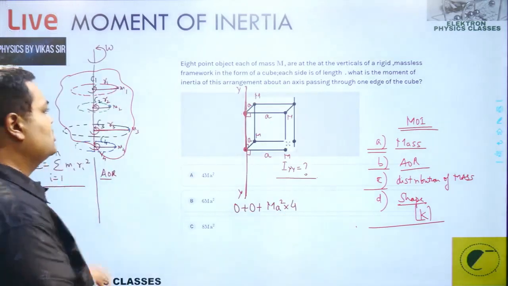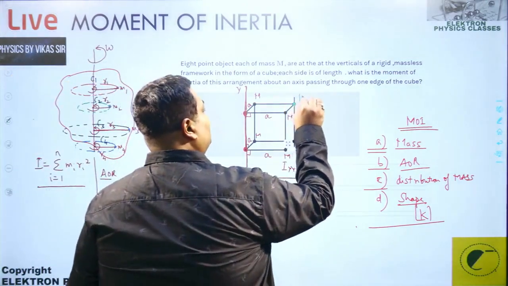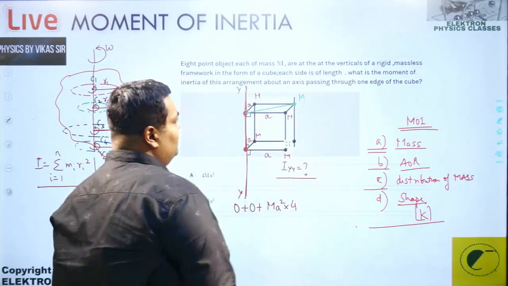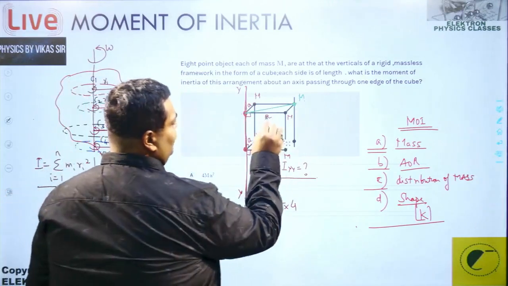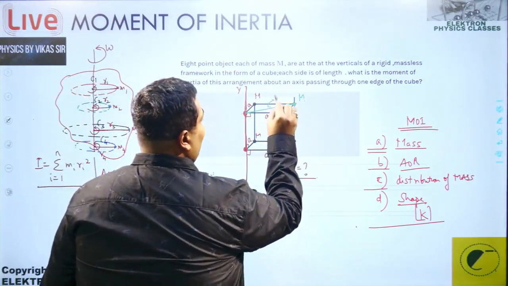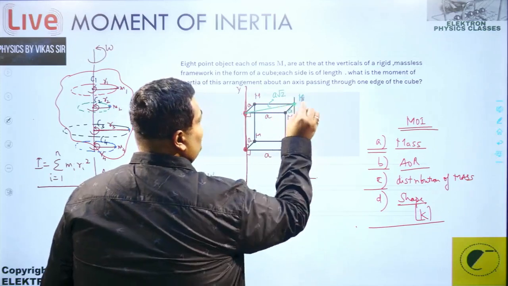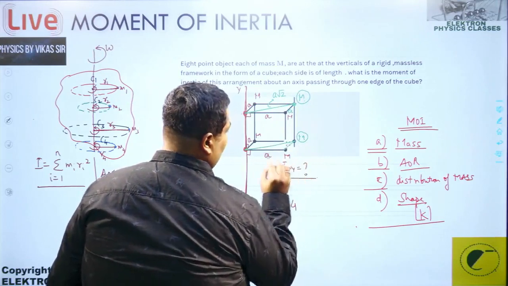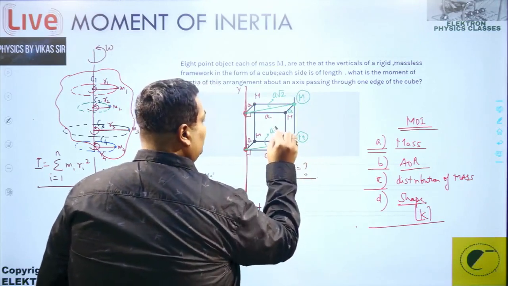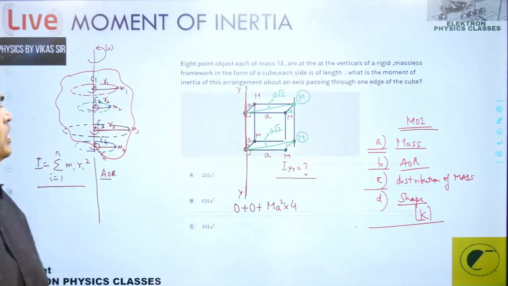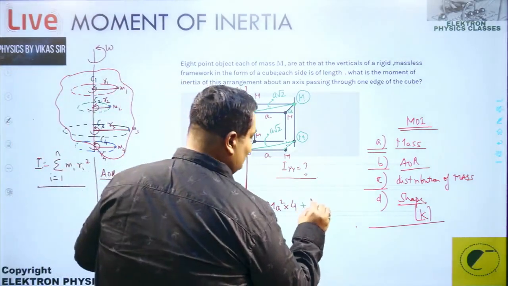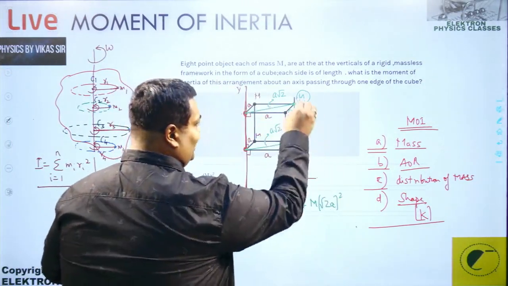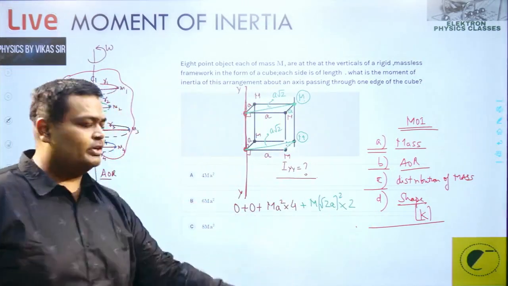The 7th and 8th are supposed to be these particles. This one. And so this is the perpendicular distance. What is the perpendicular distance over there? That is the hypotenuse. If this side is A, and this side is A, this will become A root 2. This is for the 7th particle, and for the 8th particle the perpendicular distance is once again A root 2. So the moment of inertia for these will be plus m into root 2 a whole square, for 2 particles, so multiplied by 2.